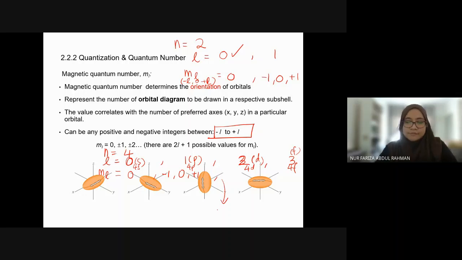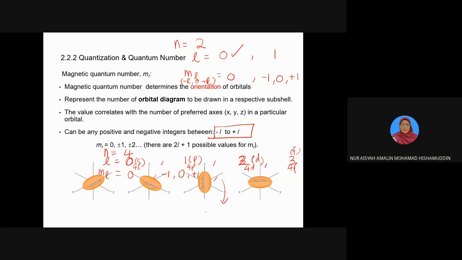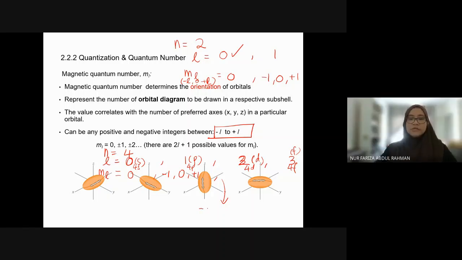Buat kat bawah lah okay. What will be the values for ML for L is equal to 2, guys? -2, -1, 0, +1, +2. Yes, very good. So it should be -2, -1, 0, +1, +2. Alright, so same goes to, bukan N,